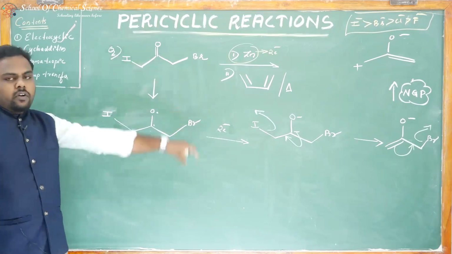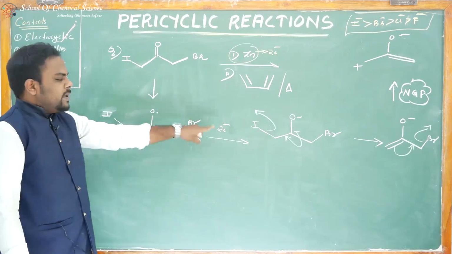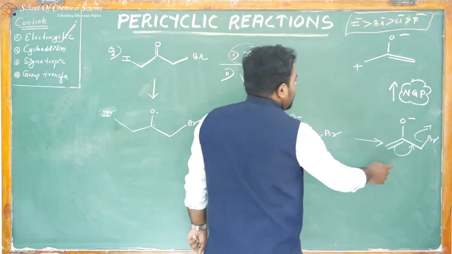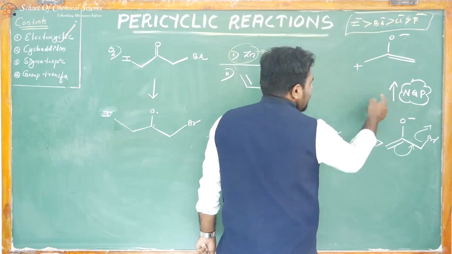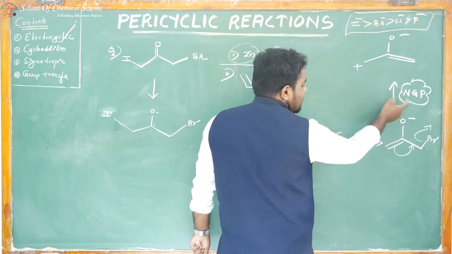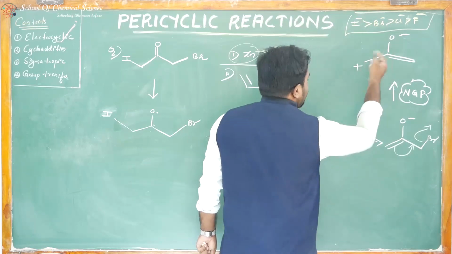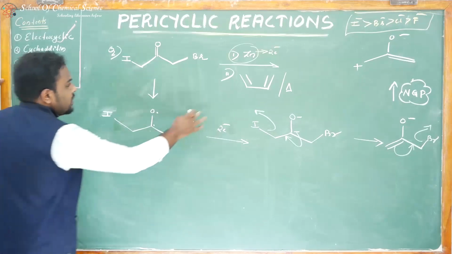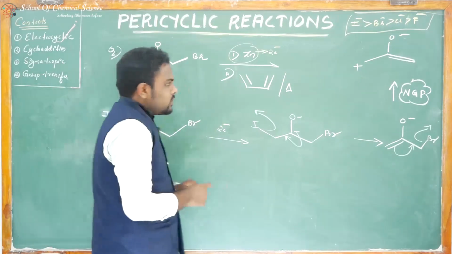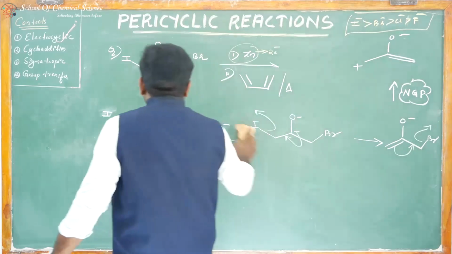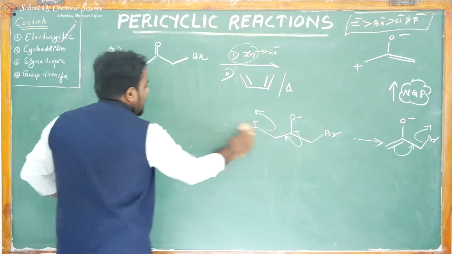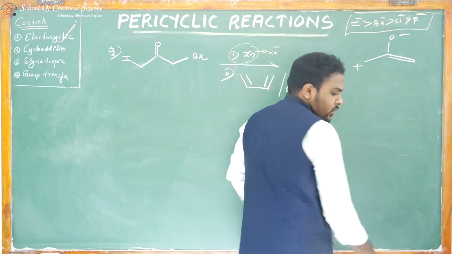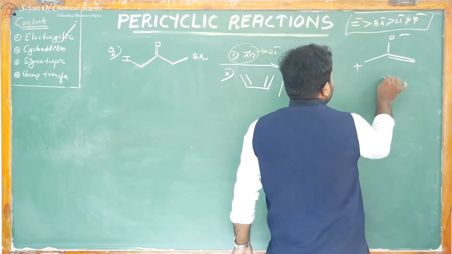So alpha dihaloketone on reaction with the zinc metal will provide 2 electrons. After the elimination, the second bromine is eliminated with the help of this pi bond. That is called neighboring group participation, so that an allyl cation is generated. So in the second step, a dienophile is given. Then in the next step, a diene is given. So this allyl cation will react with the diene,